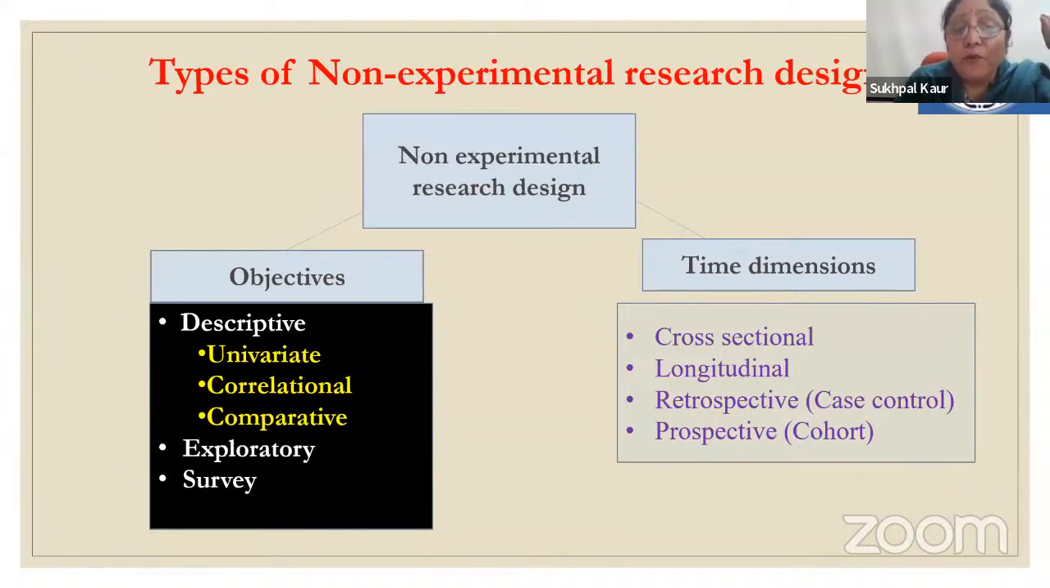These can be the exploratory research designs, and these can be the survey designs. And the descriptive research design can further be categorized under three main headings, which include the univariate research designs, correlational research designs, and the comparative research designs. On the other hand, if we talk of the time, as per the time dimensions,